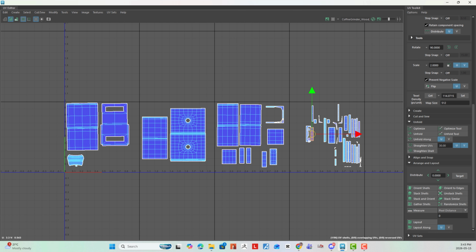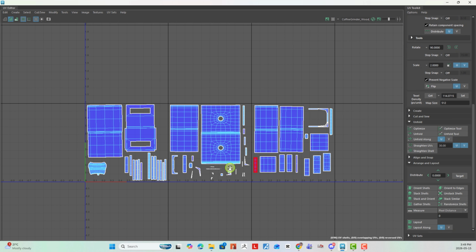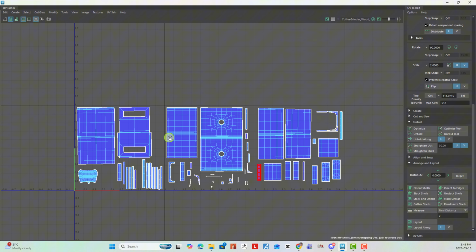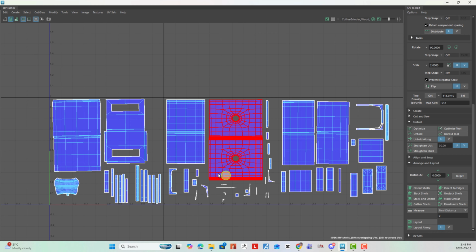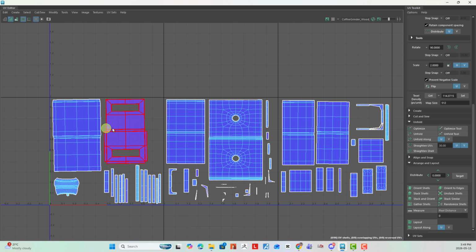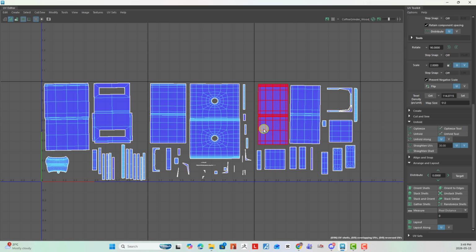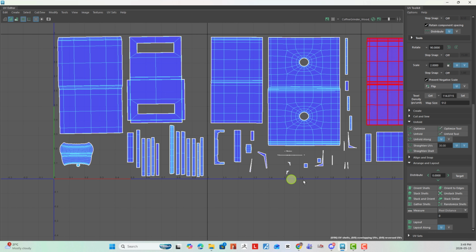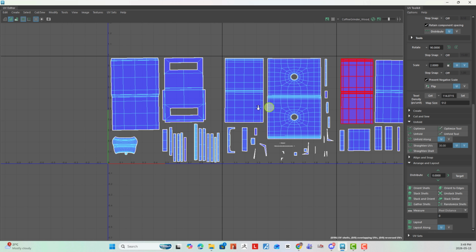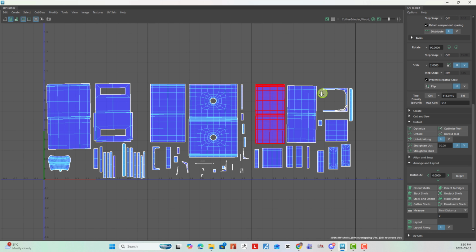I'm going to go ahead and stack this together, and I'll be right back. Thank you for waiting. So as you can see, everything is stacked within the 0 to 1 space. Nothing is going over the line. If anything is going over these lines here and that line here, Substance Painter will reject your 3D